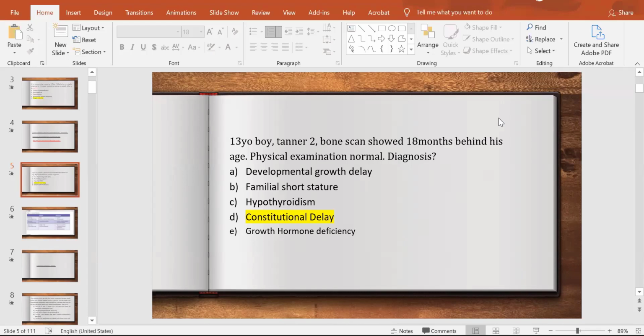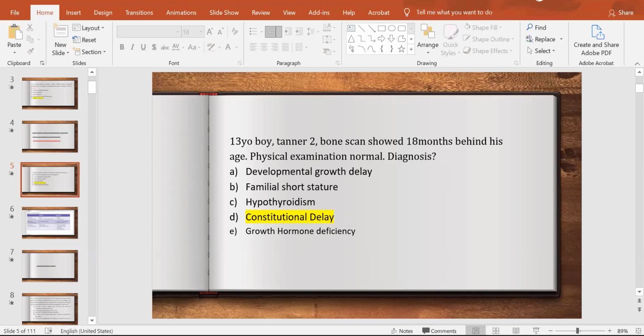But growth hormone deficiency, normally the physical examination might have something like the body parts look smaller, something will be smaller. Okay, so they will give those sort of findings to us so that we know. So normally, it's a dwarfism, you can say. So mainly everything will be smaller.